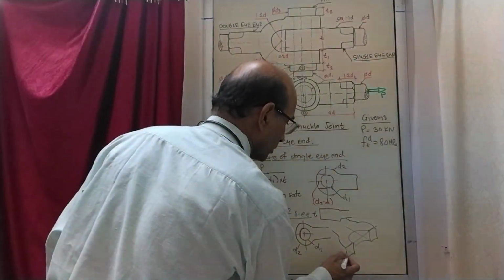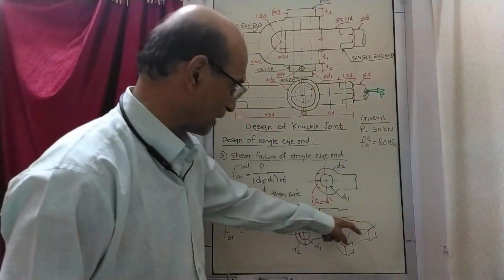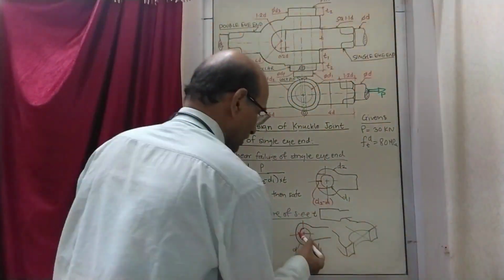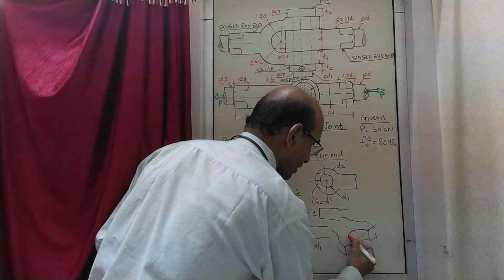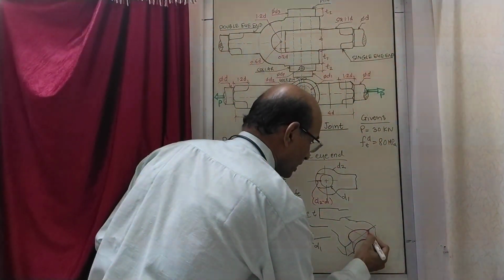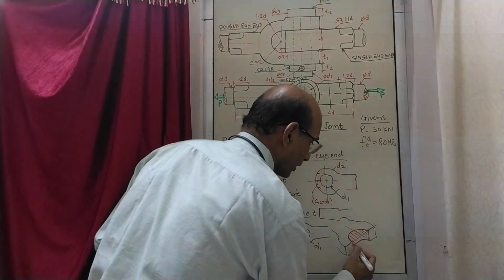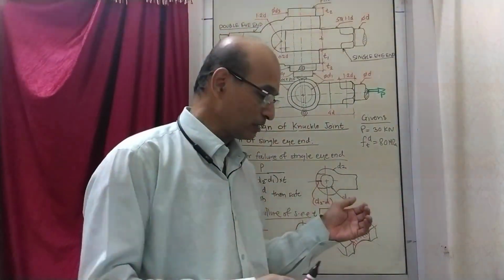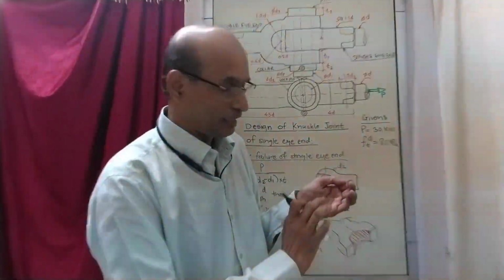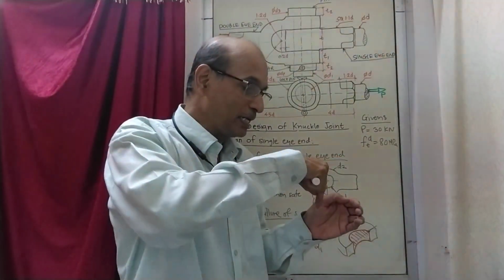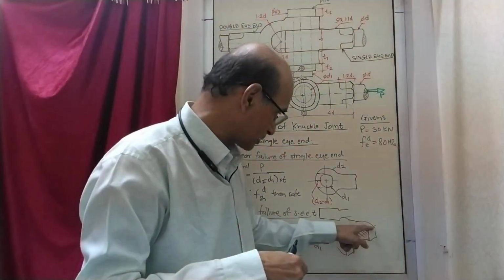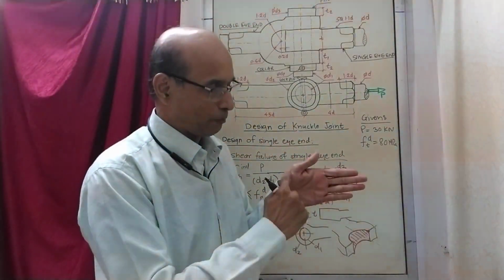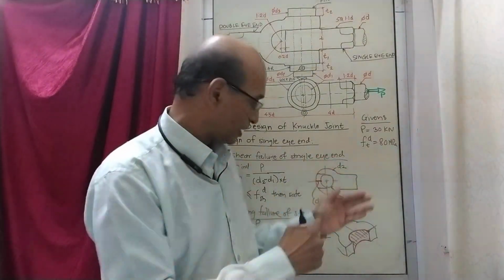So this is how this part is. I am just trying to show you the inside area which is of our interest. This resisting area shown here is actually this area, which is a curved area like this. This curved area we could take as the area, but last time we saw that we take the projected area. This curved area is pi d by 2 into the thickness, that is this full area. This is the area of the curvature.